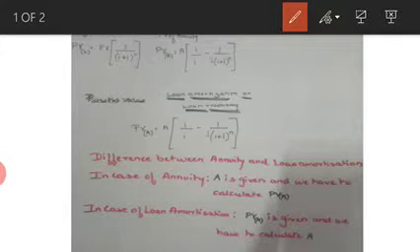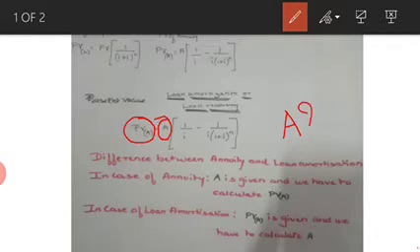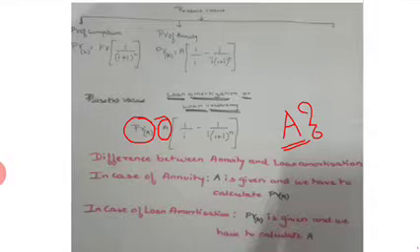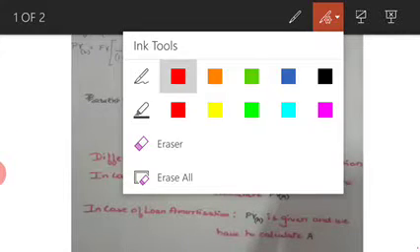Whereas in case of loan amortization, what happens is the present value of annuity would be already given to us. That is, we know today's value, but we do not know how much it would be every year. That means we have to find out the annuities. So A has to be found out. In this case, when A has to be found out, we use loan amortization formula. Now, what is this loan amortization formula and how do we use it?